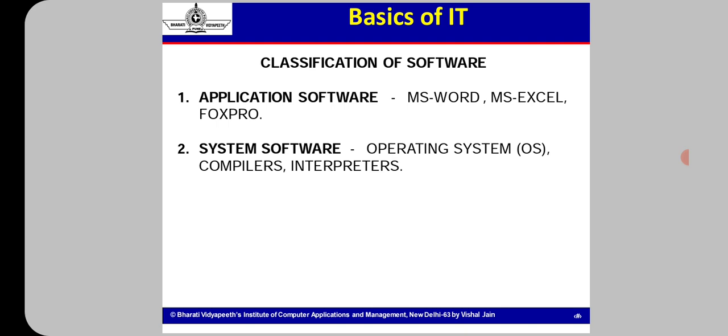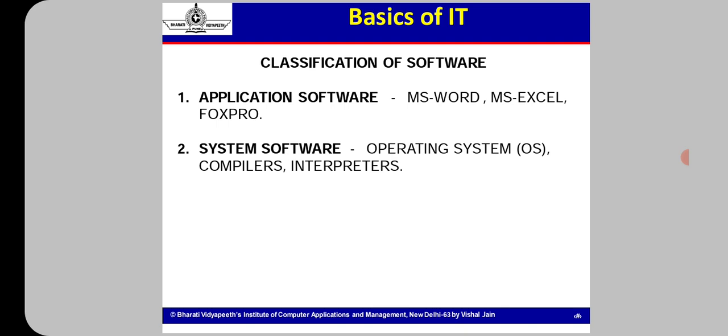What is an operating system? What is the definition of an operating system? Operating systems are known as system software. Generally, what is an operating system? It is a collection of programs, tools or utilities to run a system or PC. Generally, whenever you start a computer or a PC, the operating system will be loaded first. The operating system will be loaded into the memory.